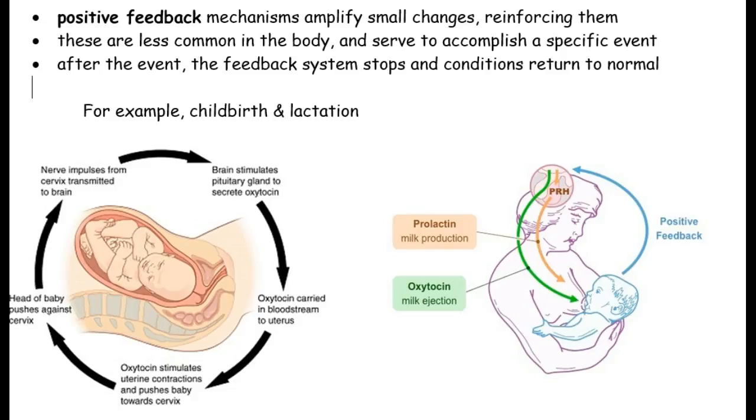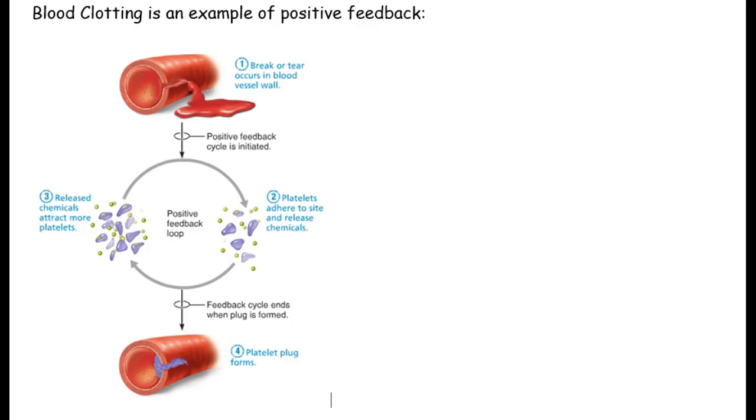In fact, this positive feedback loop is so effective that many women will claim, and I challenge you to find the research on this because there's lots of it, that simply hearing a baby's cry will stimulate milk production, and they'll actually be leaking milk simply from hearing the baby cry. Pretty amazing evolutionary response. So blood clotting is also another example of positive feedback, right, where we're amplifying a response